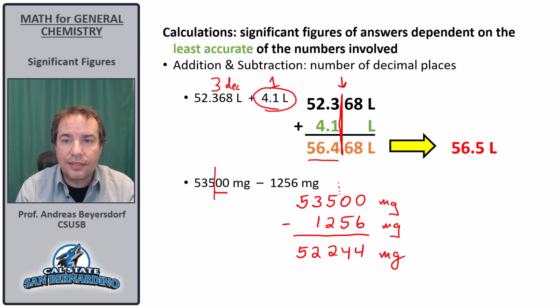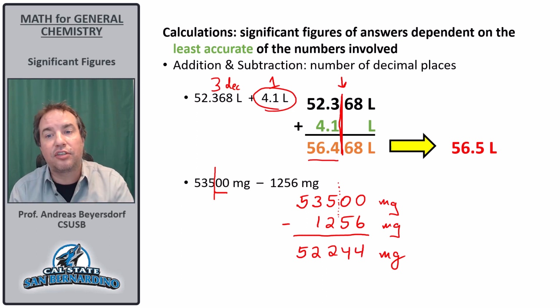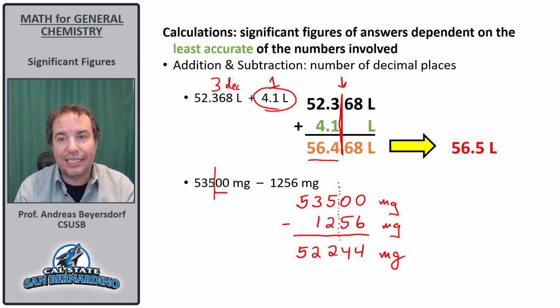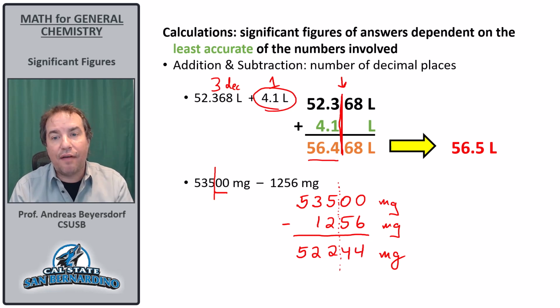So this is the significance for that 53,500. Now, the 1,256 has those extra digits, but it doesn't matter. I need to round this number such that I only have significance up to this 100